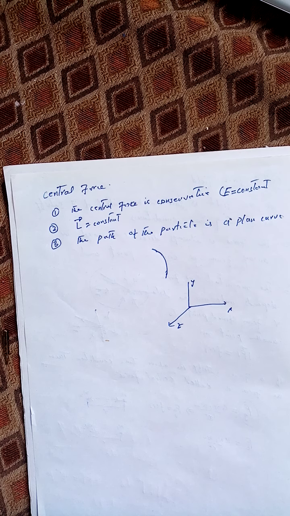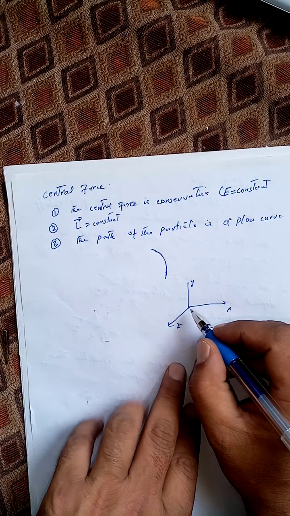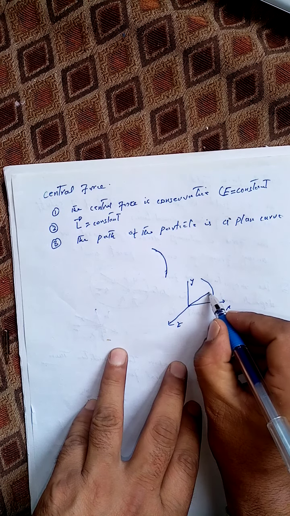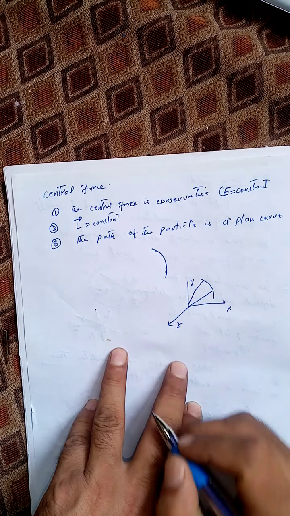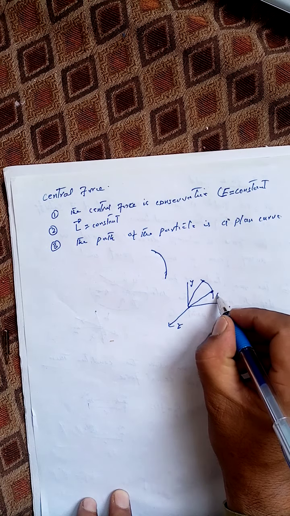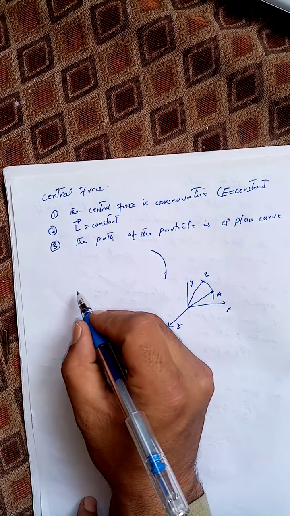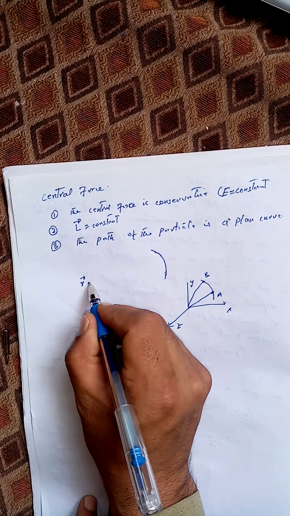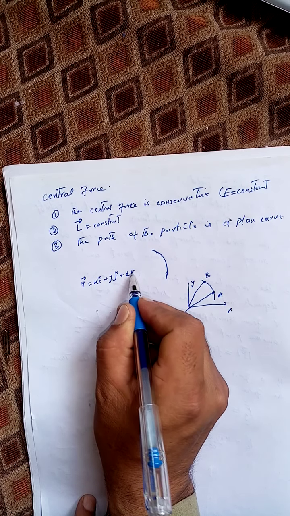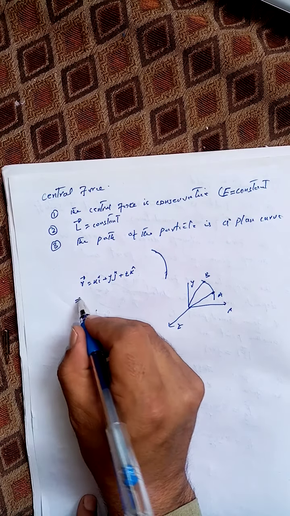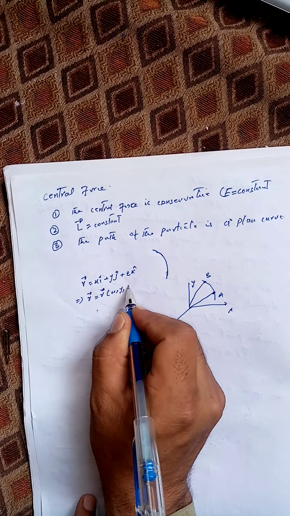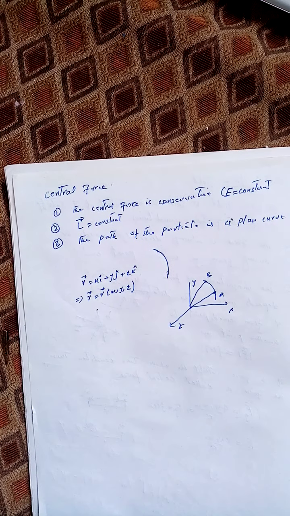If the particle is moving in three dimensions, suppose we have a particle which is moving along this curve in a three-dimensional path, then its position vector at any point A or B can be written as r is equal to xi plus yj plus zk. So from this we can say that the position vector is a function of x, y and z. But